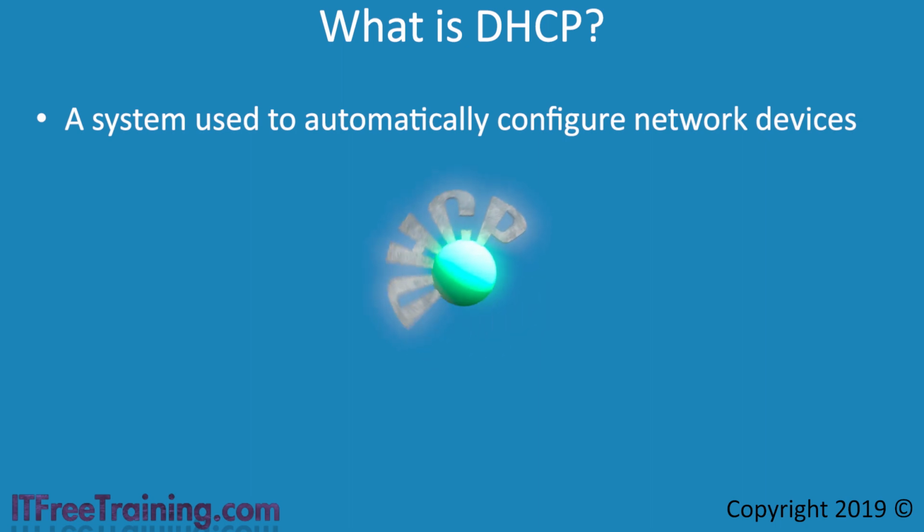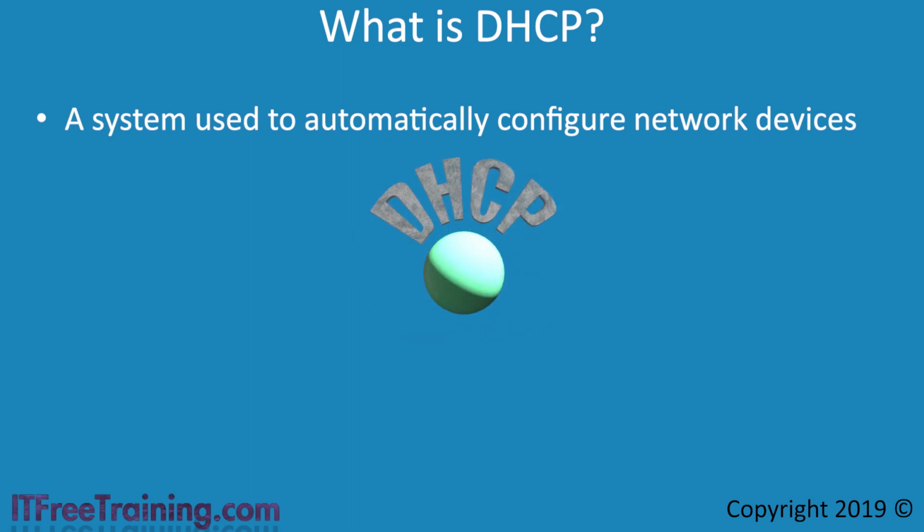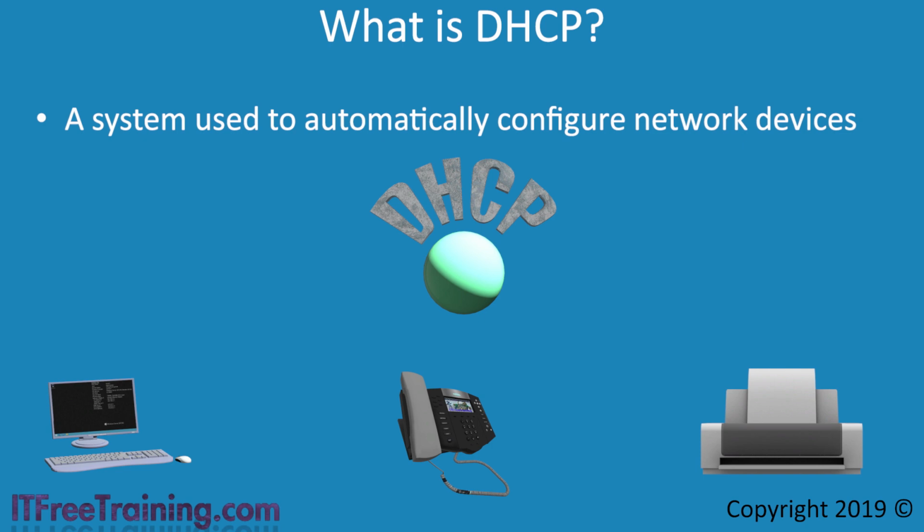Consider you have a DHCP server on your network. On this network, you have a number of devices: a computer, a phone, and a printer. In order for these devices to communicate on the network, they need network configuration. This is where DHCP comes into play. DHCP provides network configuration to the devices on your network. Once a device has obtained network configuration from a DHCP server, the device can use this network configuration to communicate